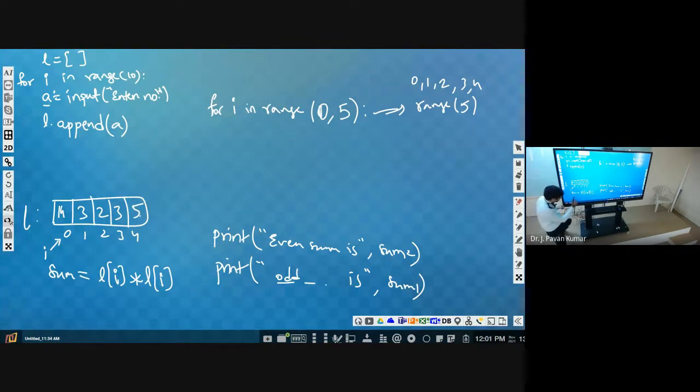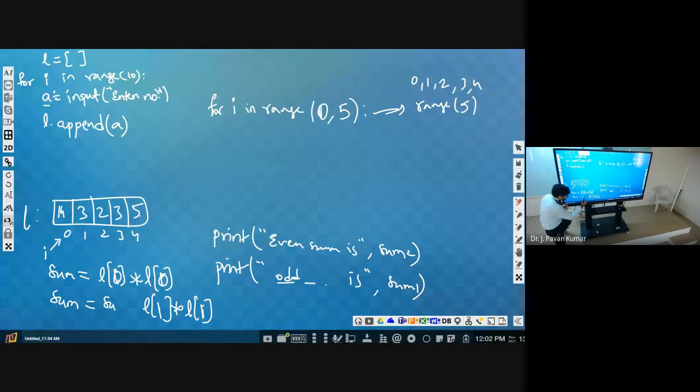Second time, sum is equal to, again we will be multiplying L of I into L of I, where I will be 1 for the second time. First time L of 0, second time it will be 1, isn't it? Then after calculating the square, we have to add to the previous sum, which we have stored in sum only.